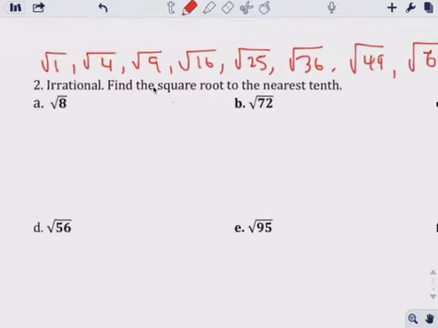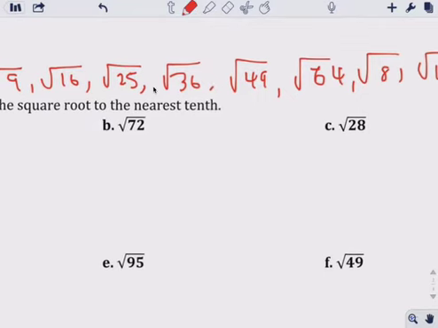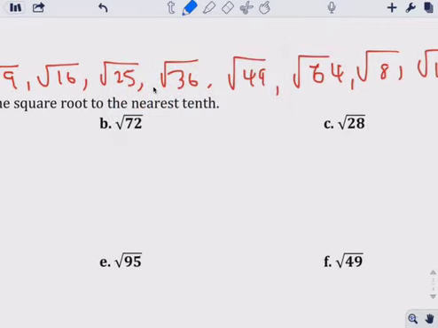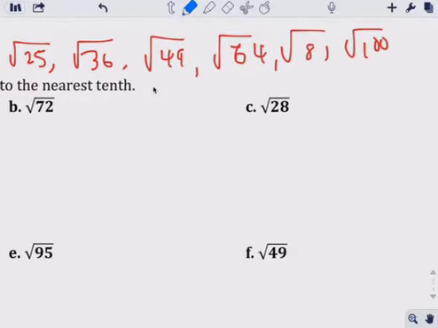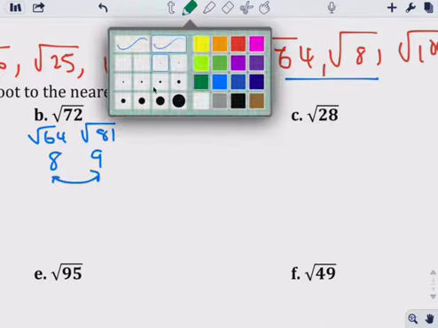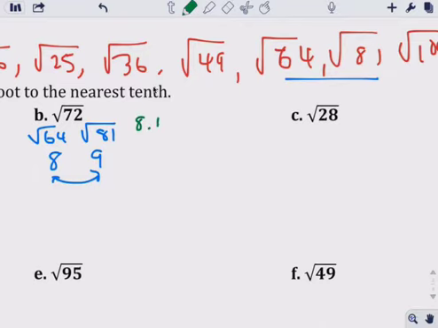Okay, so 8, we did 8. I think period 5 we didn't get to B, so some class we did B, some class I did not. Square root of 72 is between these two numbers, the square root of 64 and the square root of 81, so it's between 8 and 9. So I'm going to choose numbers between these two numbers, 8 and 9, and my only possible choices are 8.1,